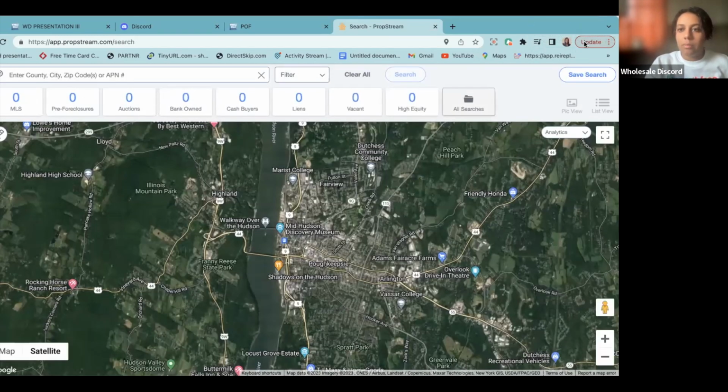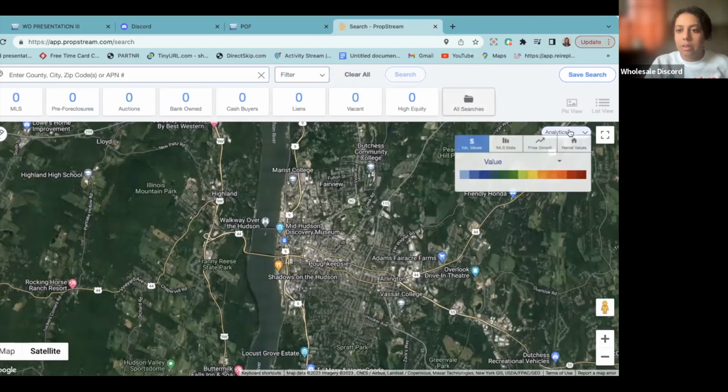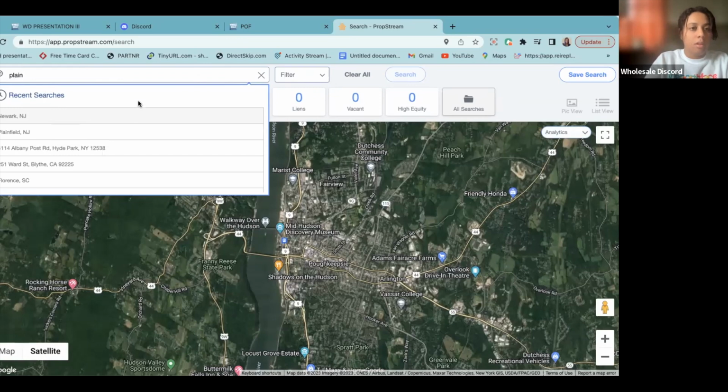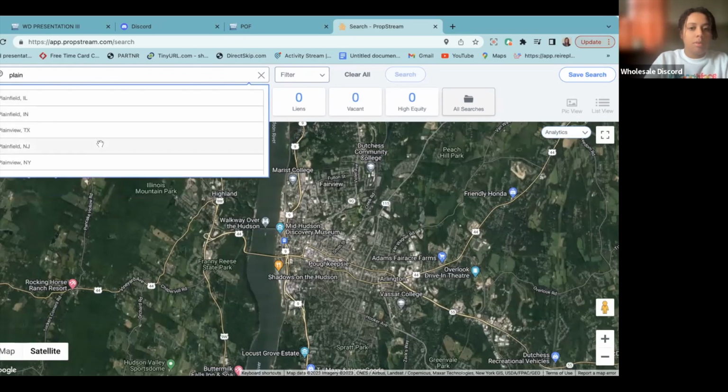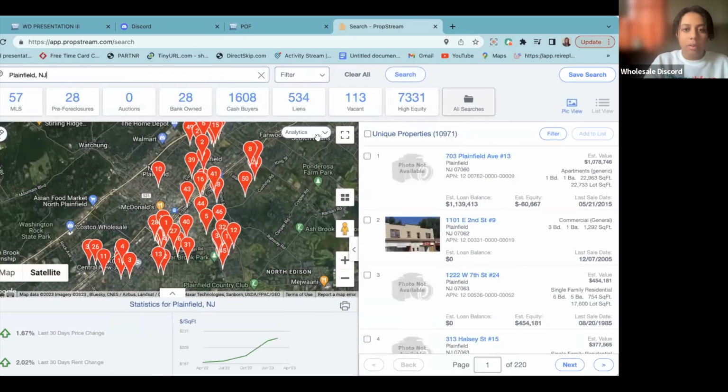Let me see. Analytics right here. You can do price growth, rental values, MLS status. So we're going to do price growth. Let's actually pick an area. Let's do Plainfield, New Jersey. All right, analytics,